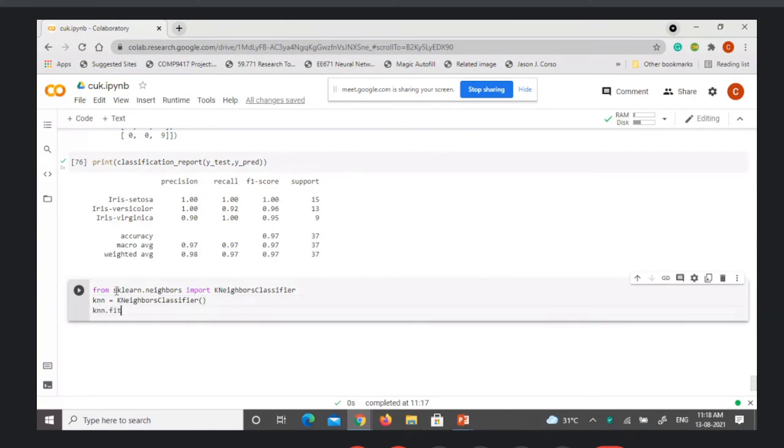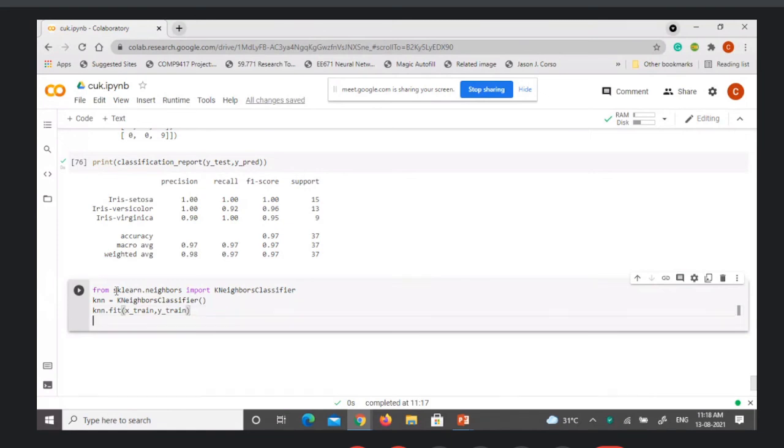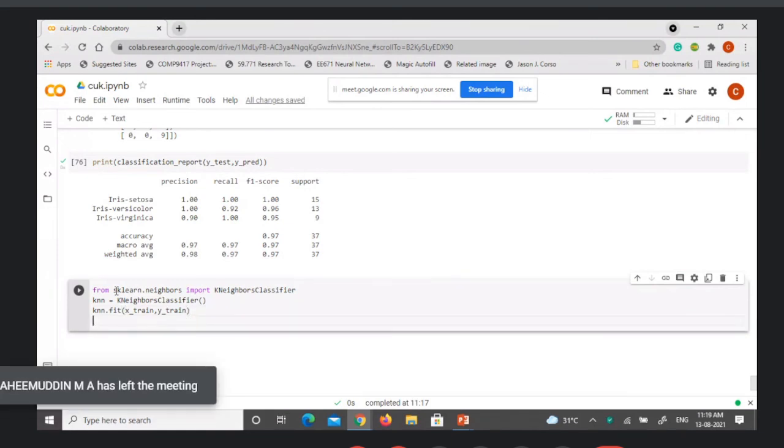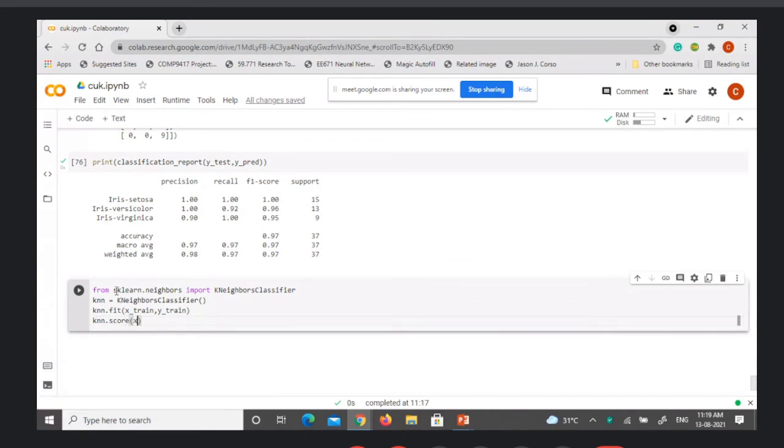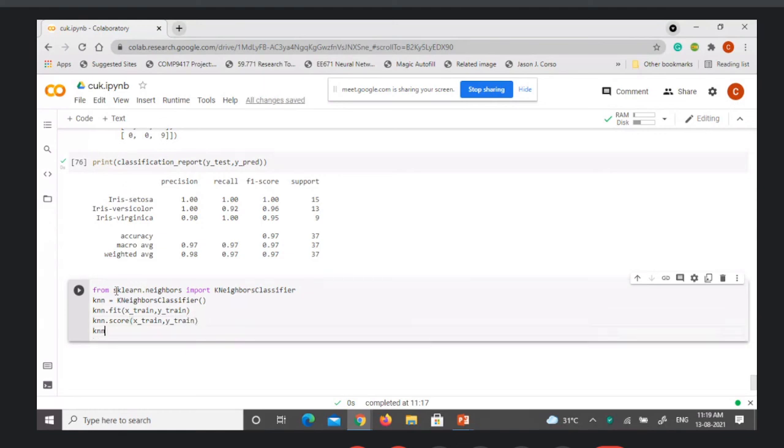And all the fit. I'm just writing all in one cell itself, and then check the score on the train samples. Check the score on test samples.